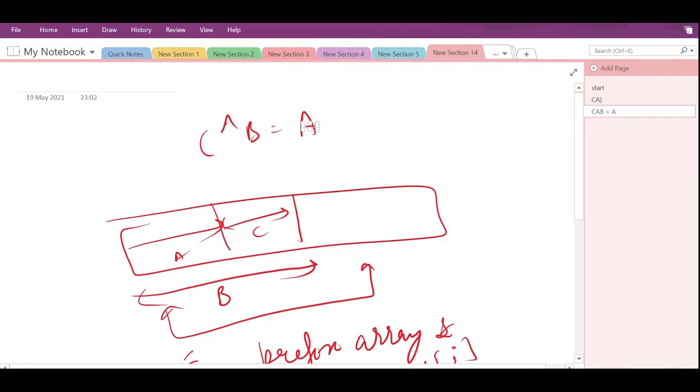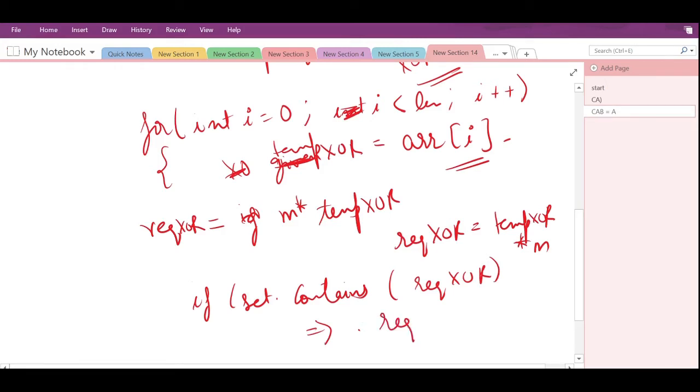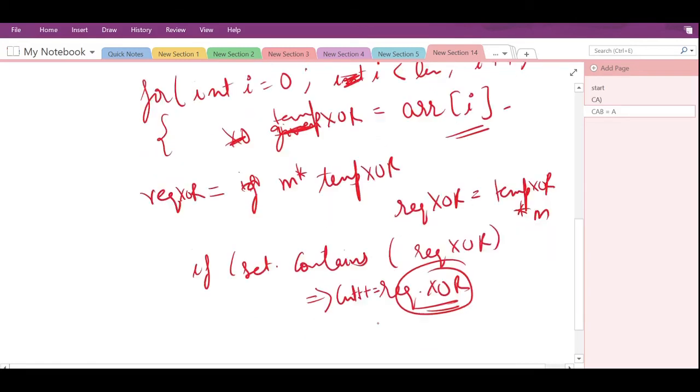If such an a exists, if the set contains the required XOR, then just return me the value: how many possible subarrays are there with the required XOR. And I will have a counter. I will say count plus equals the count of required XOR.